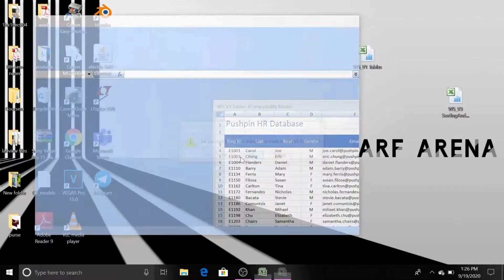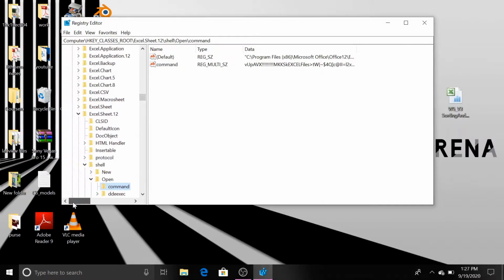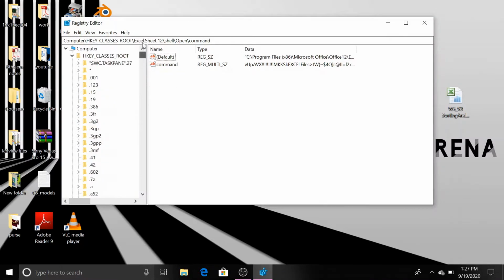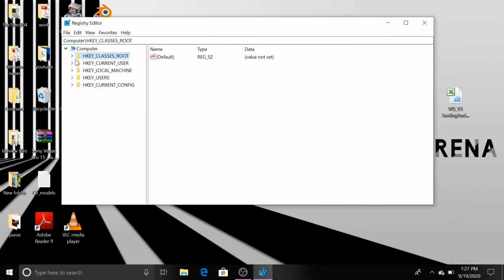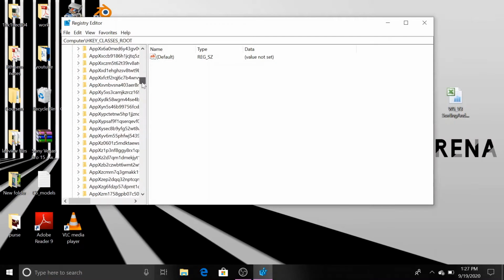Let's close this, search here, registry editor, open it. Yes, we want to allow this change. Coming to scroll it over here, and I'll show you from right behind here. There will be several HKEYs. Open HKEY_CLASSES_ROOT. In that, come to the Excel files,